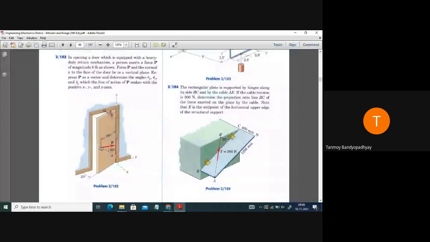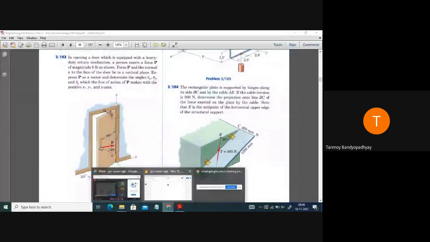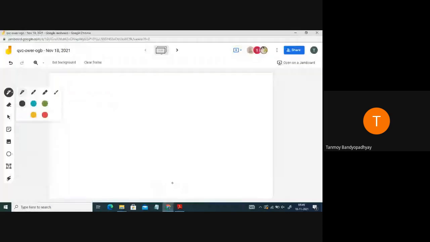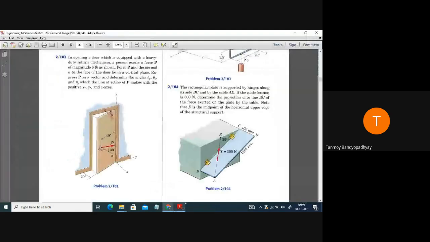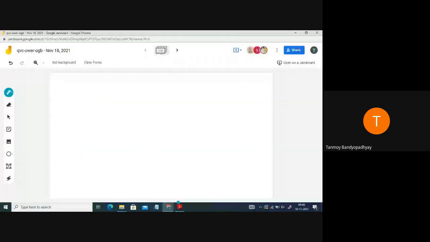So let's first draw something. Let's initially draw the frame when the door was not rotated. The door was closed. When the door is in the closed position, just follow. I hope you can understand. Okay, so it's somewhat exaggerated. The figure, I'm trying to draw it, but it's somewhat exaggerated actually.